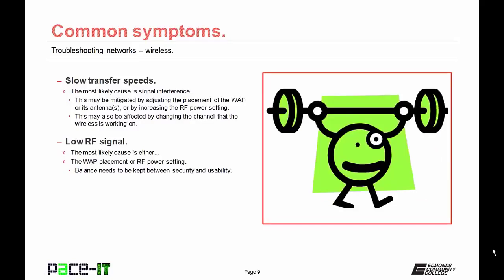Now, if your network is experiencing low radio frequency signal, well, then the most likely cause is, guess what? WAP placement or your RF power setting. You can adjust the placement of your WAP to increase the signal strength to your device, or you can turn up the power. If you turn up the power, one of the things that I will caution you about,